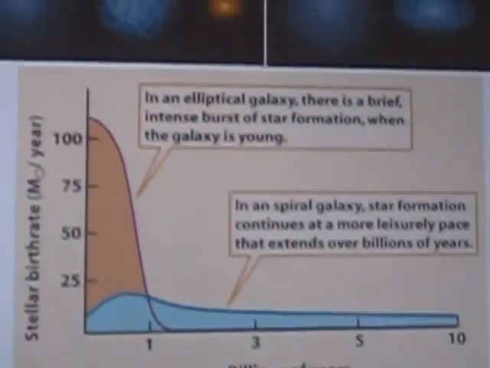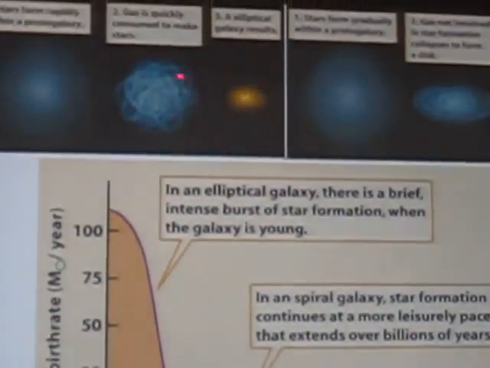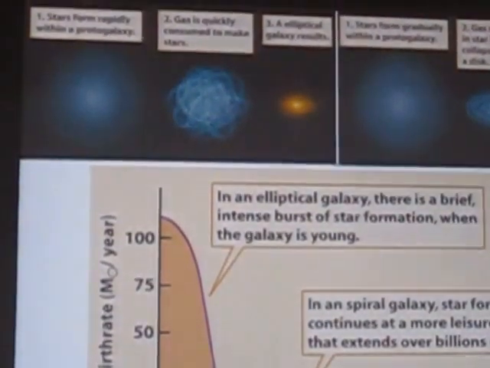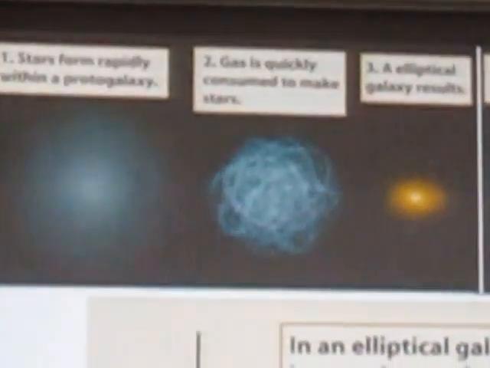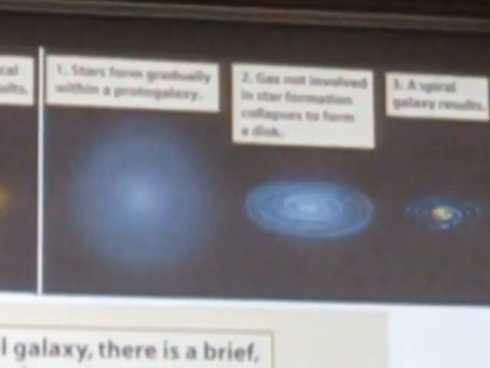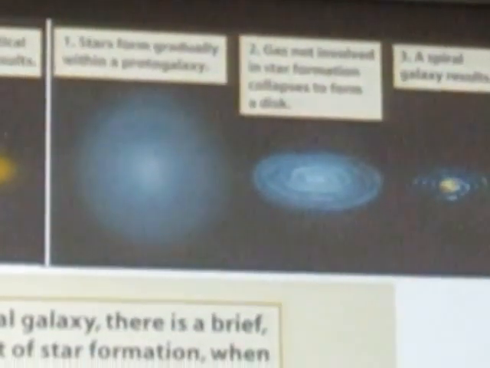Also, in elliptical galaxies, early on, the gas gets consumed very rapidly. You have little rotation. The stars are mainly on chaotic orbits or elliptical orbits with no preferred rotational direction. Overall, in spiral galaxies, the disks of these spiral galaxies have a preferred direction of rotation, and that is where we find most of the ongoing star formation.